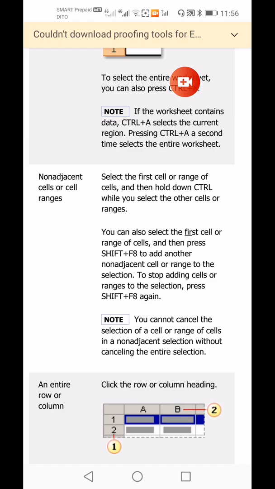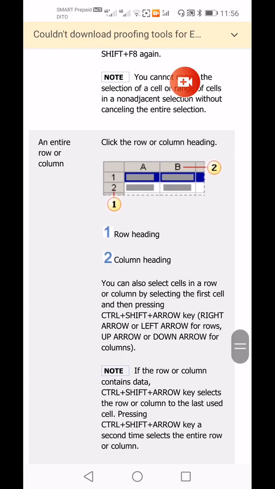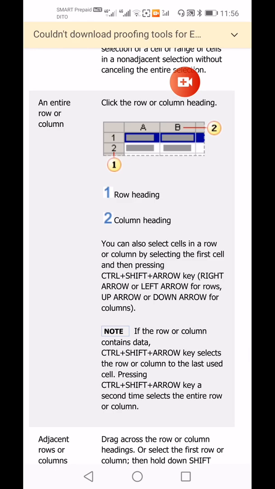Note, you cannot cancel the selection of a cell or range of cells in a non-adjacent selection without canceling the entire selection. An entire row or column. Click the row heading or column heading. You can also select cells in a row or column by selecting the first cell and